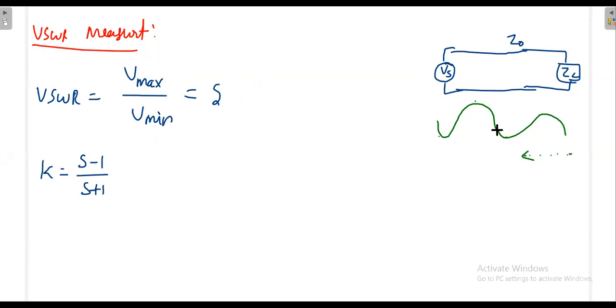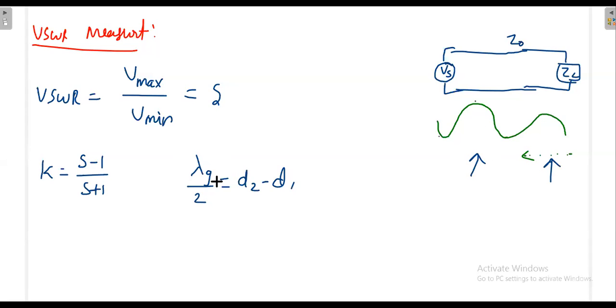Then what else can you measure? You can also measure the wavelength. If you take the distance between two maxima, say this is one maxima and this is another maxima, what is the distance between them? That is simply the wavelength divided by 2, lambda by 2. That is lambda g, because that is on the line. So guided wavelength lambda g divided by 2 is d2 minus d1. Your operating frequency may be something, but this is your lambda g. You know lambda g, and lambda g divided by 2 is d2 minus d1, the distance you have to physically measure.